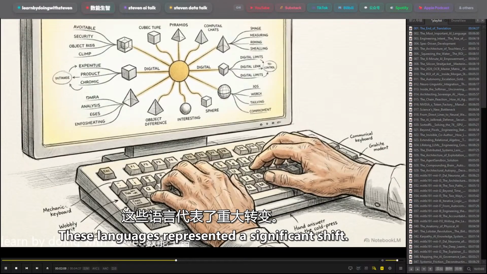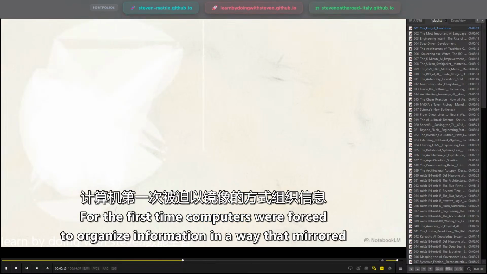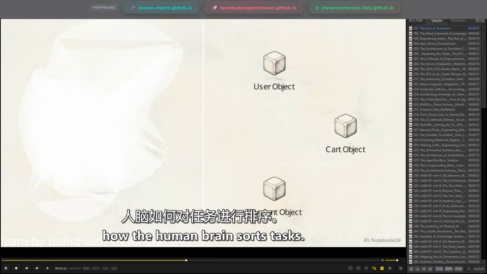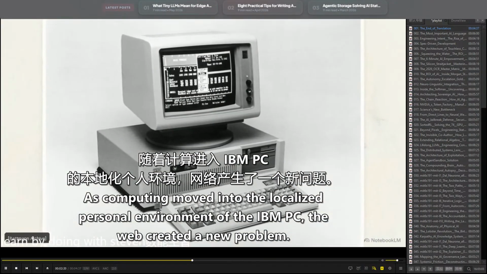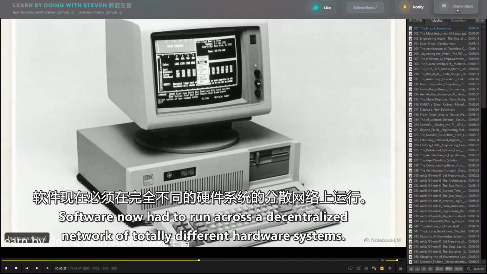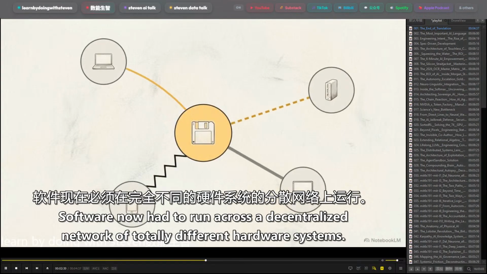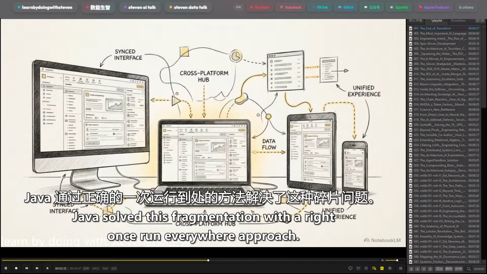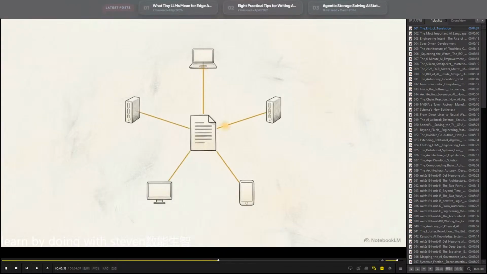These languages represented a significant shift. For the first time, computers were forced to organize information in a way that mirrored how the human brain sorts tasks. As computing moved into the localized, personal environment of the IBM PC, the web created a new problem. Software now had to run across a decentralized network of totally different hardware systems. Java solved this fragmentation with a write once, run everywhere approach. It allowed a program to execute on any platform, removing the need for programmers to manually recode for every new